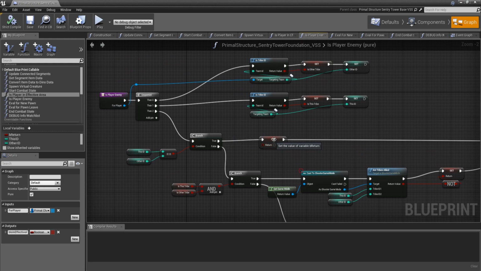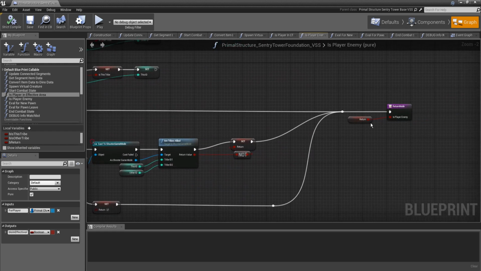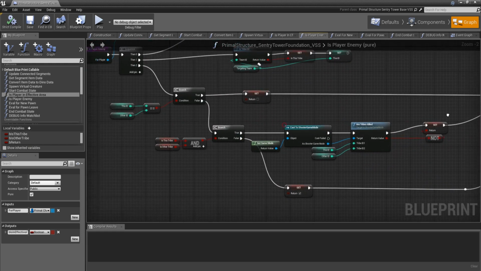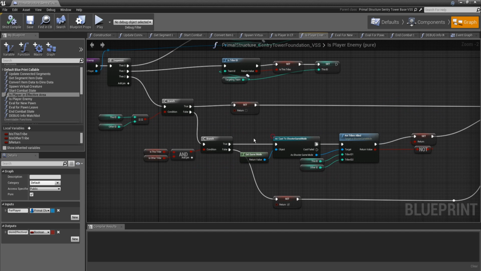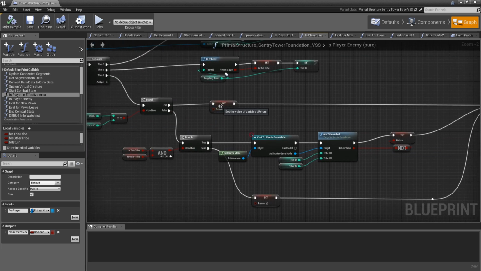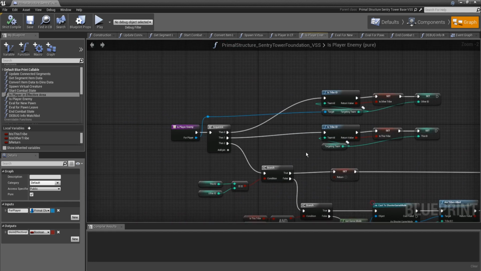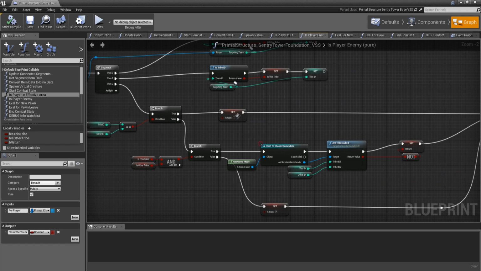Now I've got a return value, local variable, vReturn. This is basically just what gets fed out at the end of the function. Because of all the branches, it was easier to just make a local variable and set the state of that before going to that return node. So a value of false, based on the name of the function, is player enemy. False means no. So if they're the same, it's not an enemy.